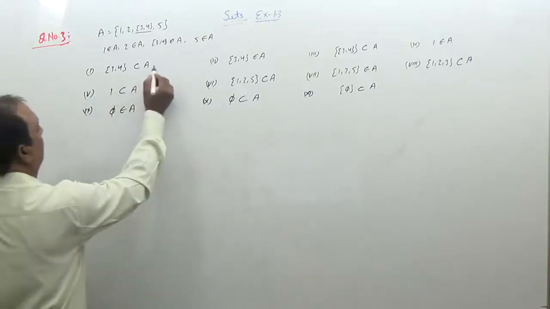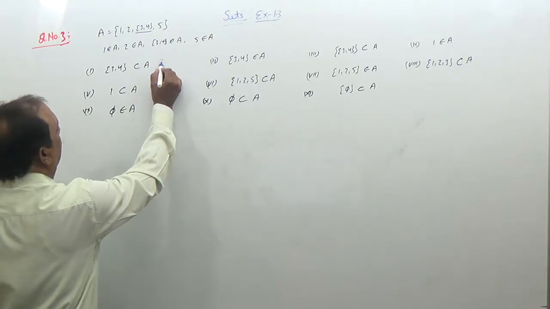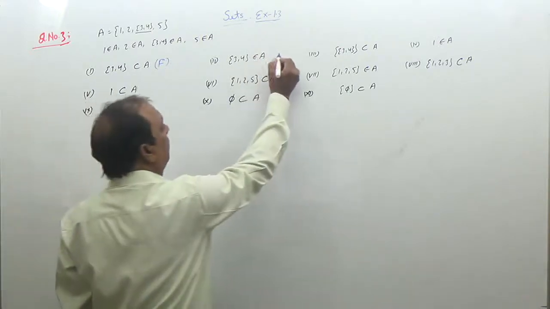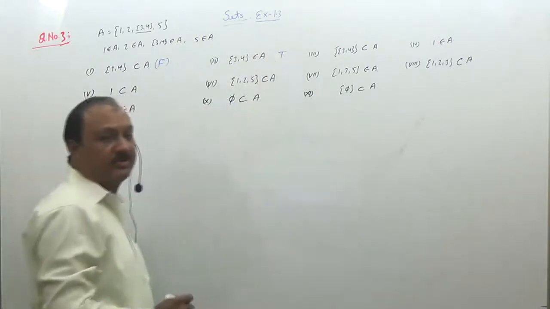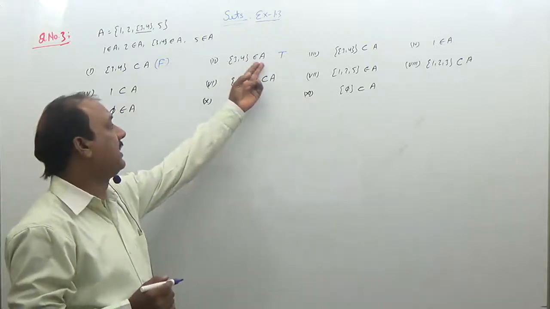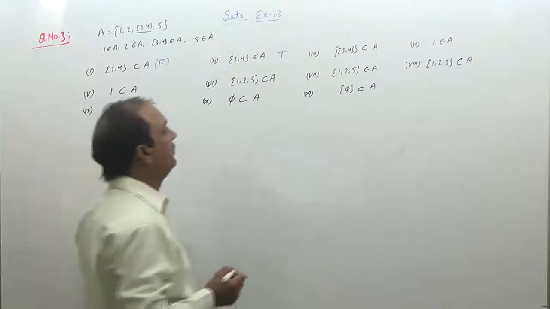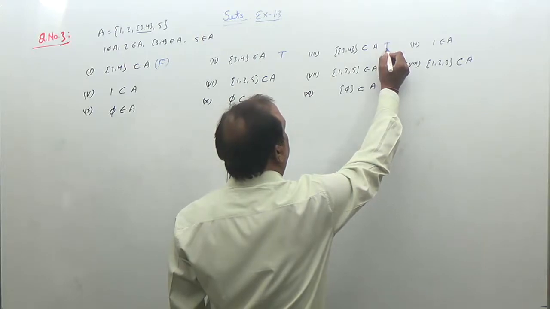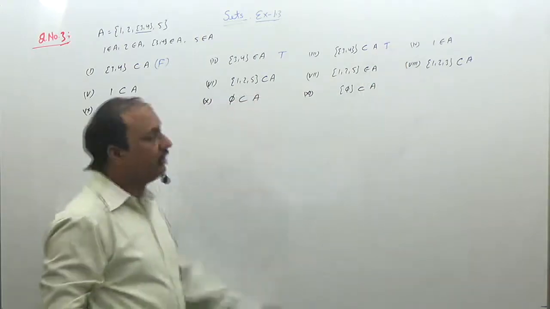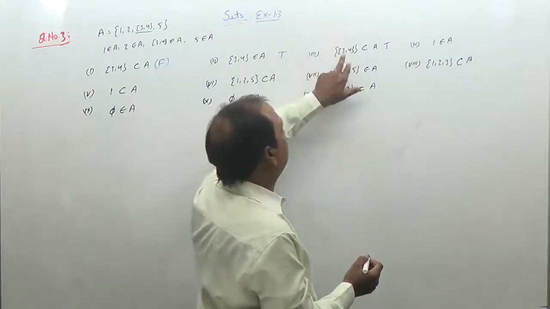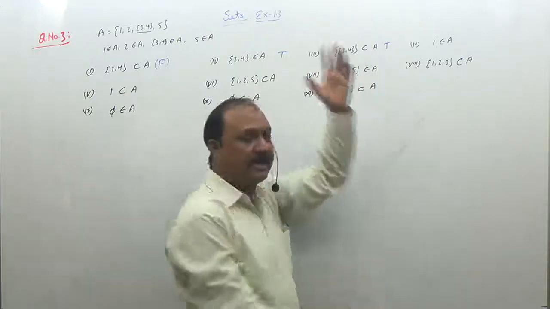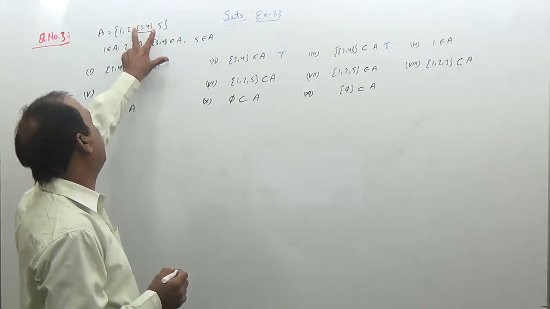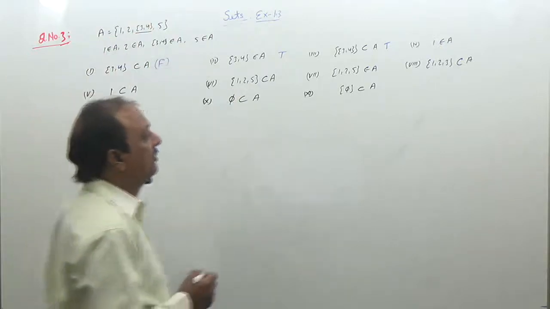ये अपने आप में सेट है, लेकिन A के लिए तो ये एक एलिमेंट है. सो यहां पर ये रॉन्ग कॉन्सेप्ट है, ये है फॉल्स. एंड सेकेंड कॉन्सेप्ट इज करेक्ट, ट्रू. ये बिल्कुल सही है, बिकॉज ये अपने आप में सेट है, लेकिन A के लिए एलिमेंट है. नेक्स्ट इज द डबल सेट, दिस वन इज द ट्रू स्टेटमेंट. वाई? बिकॉज जब ये एक ब्रैकेट है यहां पर, तो ये 3, 4 अपने आप में सेट है, लेकिन इसका एलिमेंट है. दूसरा ब्रैकेट आपने बनाया है, तो दिस इज द पॉसिबल सबसेट ऑफ सेट A. ये डबल ब्रैकेट यहां पे लगाए, ये अपने आप में सेट है, तो ये इसका सबसेट हो जाता है, तो दिस इज अ ट्रू.